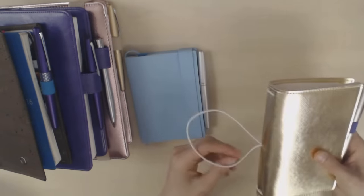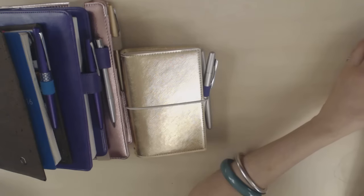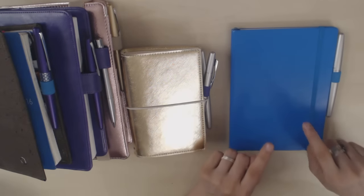So yeah, that's the Cinephile. And it's really convenient having this. I like it. And then the last two that I want to show you are completely new. So this one, you've probably seen this